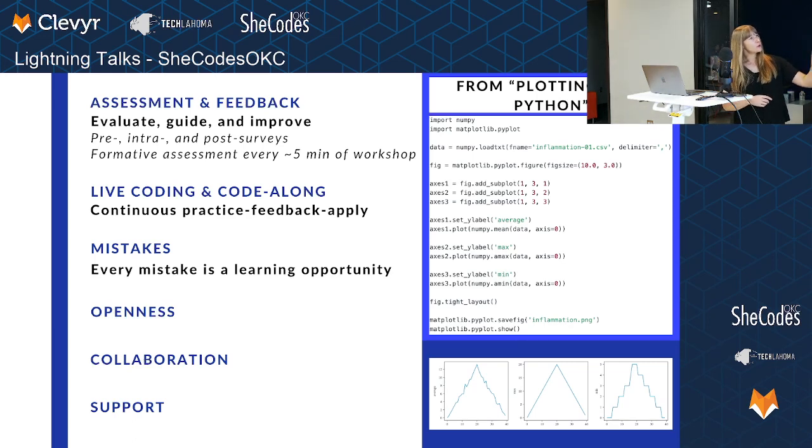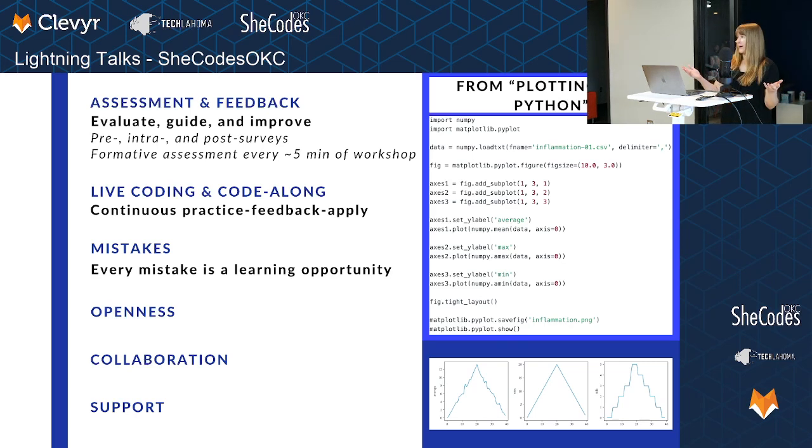Learners will code along with the instructor on their own devices so they can constantly practice and apply what they're learning. A big pillar of the Carpentries is that every mistake that happens in a workshop is a learning opportunity, so instructors are encouraged to draw attention to any mistakes they make and ask the learners, hey, what do you think this error means?